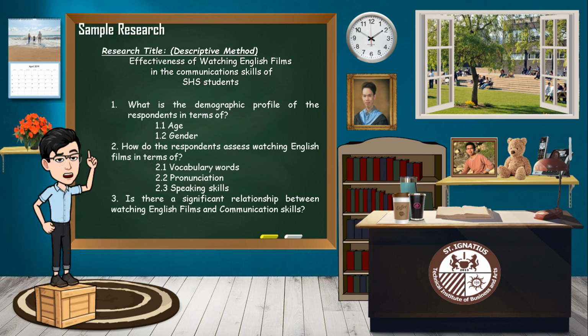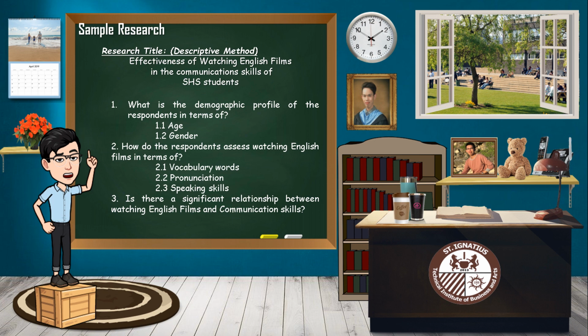So, ganun. And then, I have here the sample research. So, yung research title natin ay descriptive method para mas madali lang sa atin na PR2 para sa pang senior high lang. So, effectiveness of watching English films in the communication skills of senior high school students. So, pasok natin yung control variable natin. So, pwede ba dito yung name na kapag demographic profile? So, isipin muna natin na